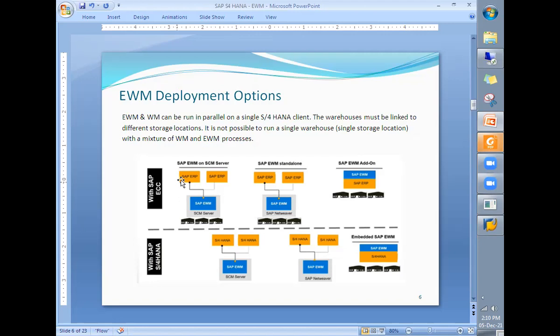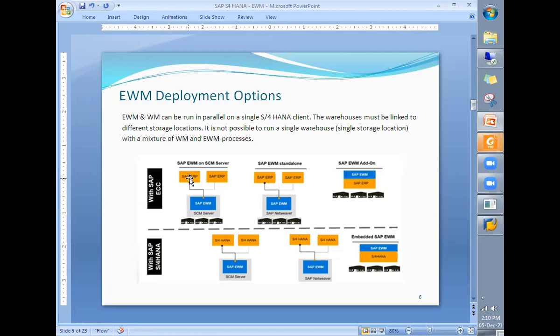You can see here SAP ERP is connected with SAP SCM, because the EWM module is available in SCM. So here two different systems are there: one is the ERP system, another is the SCM system, and in the SCM system, the EWM, transport management, and event management modules are there.